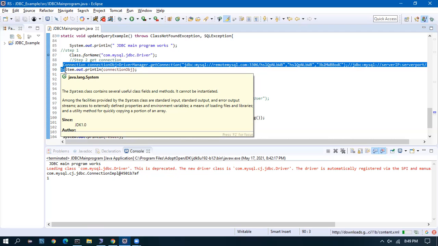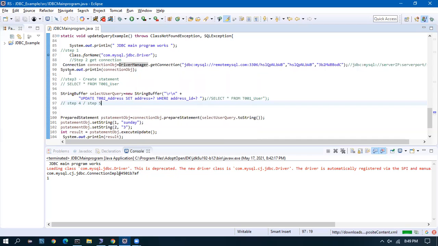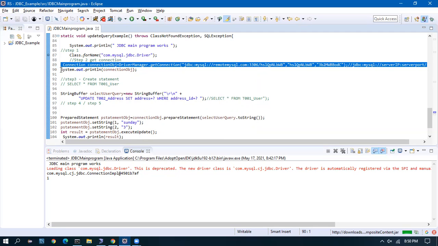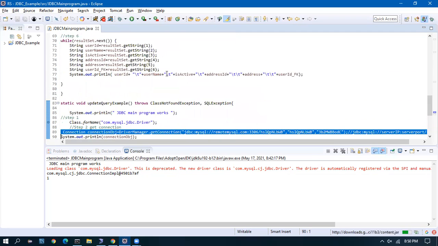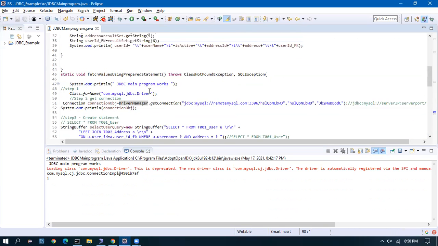So when you are done with your coding and you do a code review, you should ensure that this line is not called more than once. This is a very costly resource. This will consume lots of RAM. It has to be only once in the application, not more than once throughout the application. Here, if you see, I've written it 3 times. It is wrong. This is not the correct way. Just for training purposes, I'm showing.